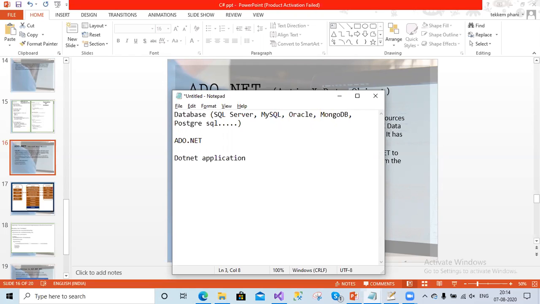We can insert data, get data, update data, and remove data. We can perform all the SQL statements of the databases, like select, update, delete, everything. So this works like an adapter between the database and your application.